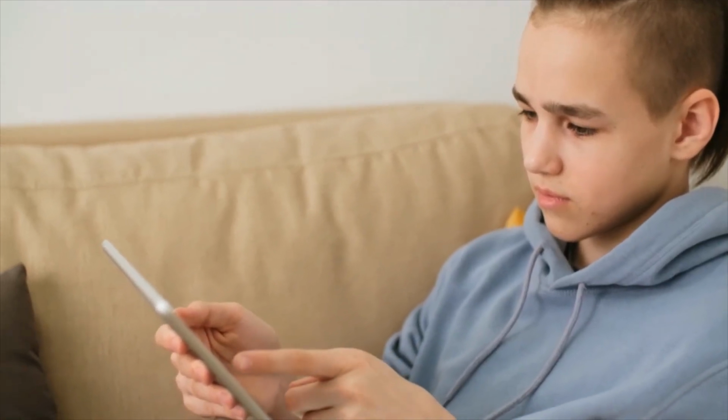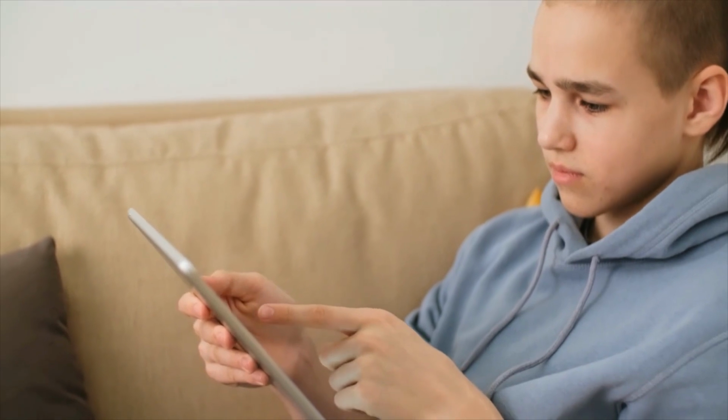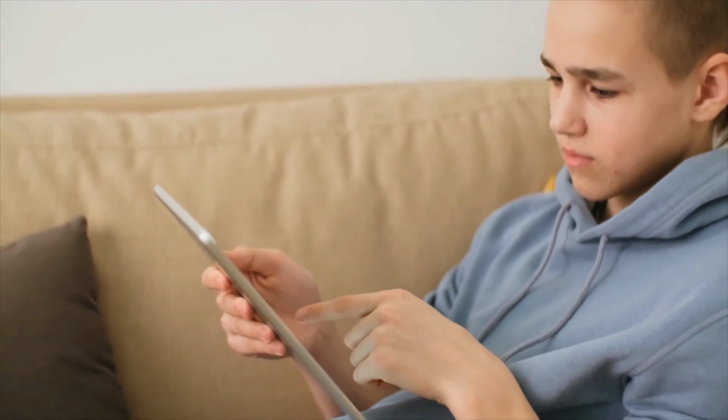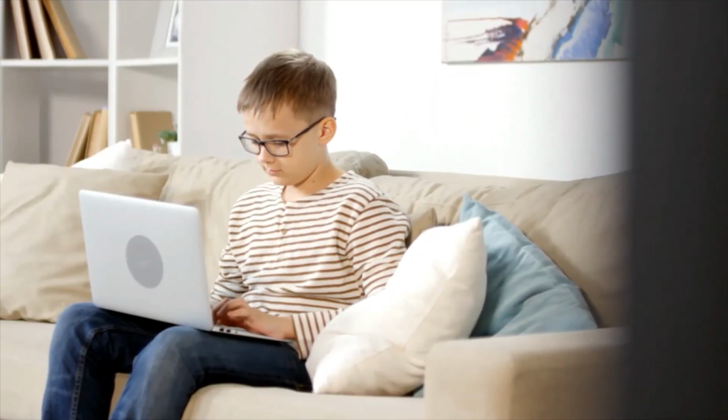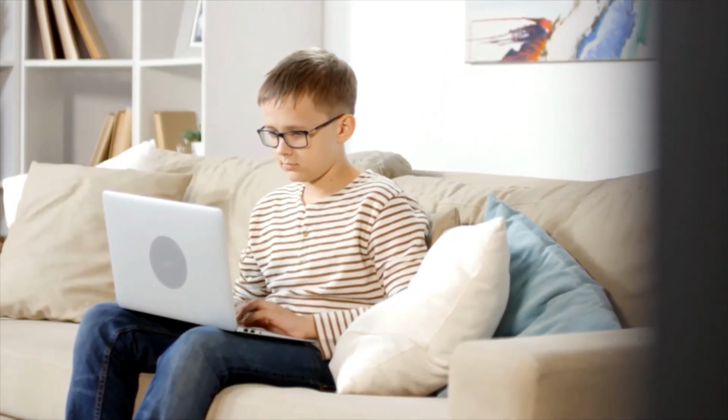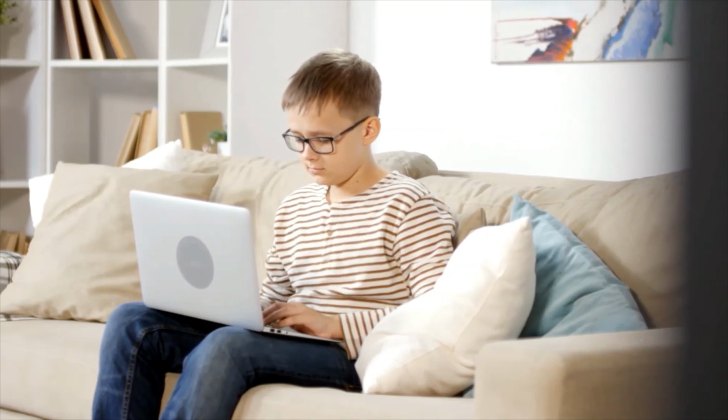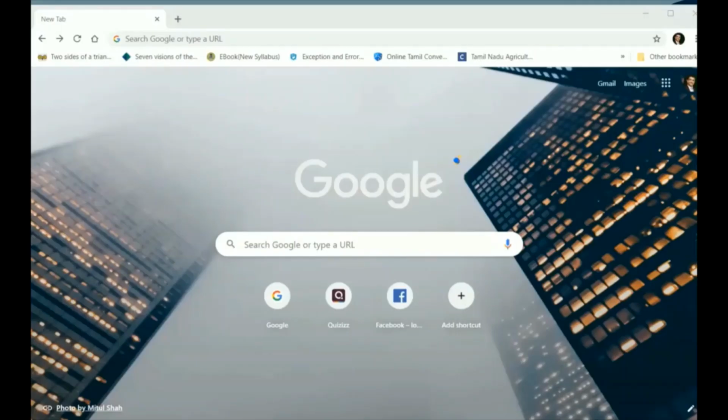Parental control software is pretty good, but it costs money. So, to block websites on your home computer without investing in expensive software, in this video we are going to see some tricks, especially for Windows users. Let's see that. The Windows hosts file allows us to block websites very easily.